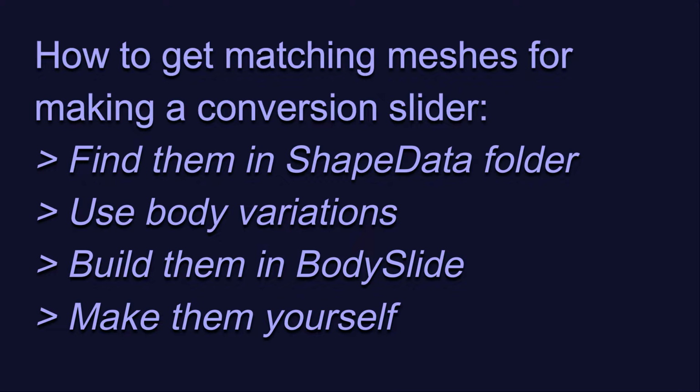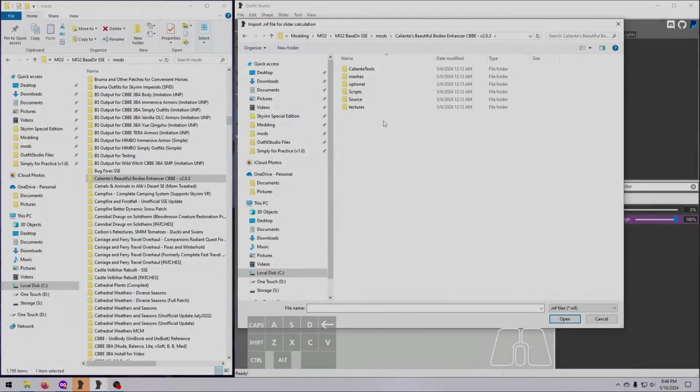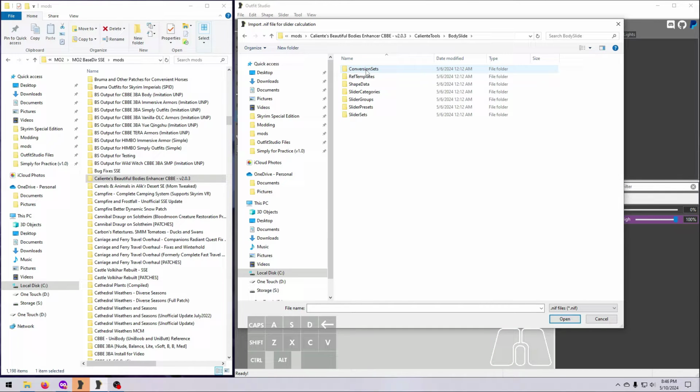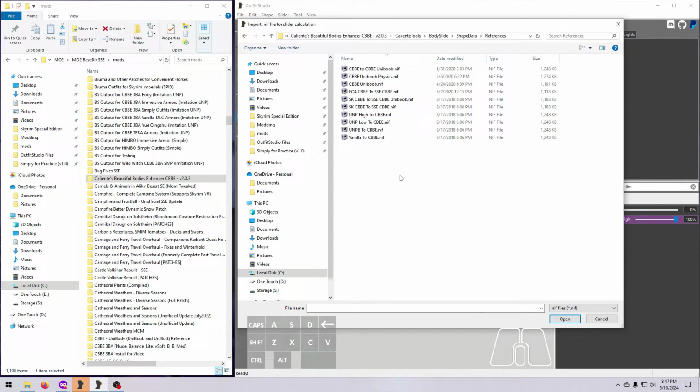Most, if not all, BodySlide compatible body mods come with conversion references or have them available as optional downloads. These conversion references are created using NIFs that can be found in the Caliente Tools, BodySlide, ShapeData folder of the body mod itself. For example, within the CBBE body mod, there are reference shapes for UNP low weight, UNP high